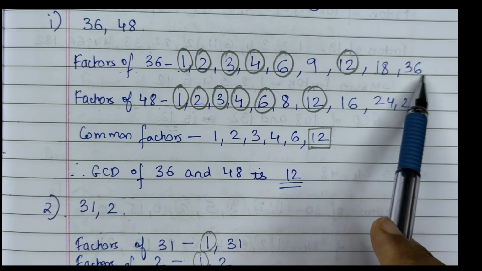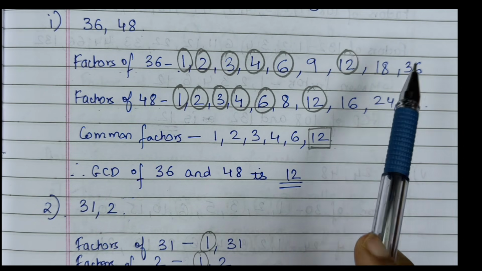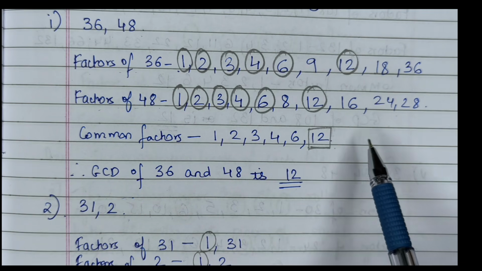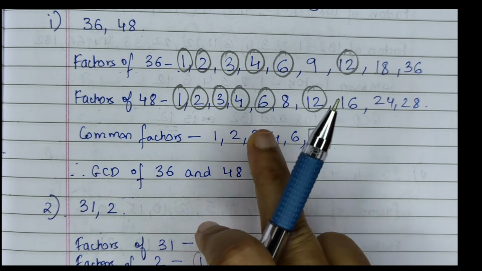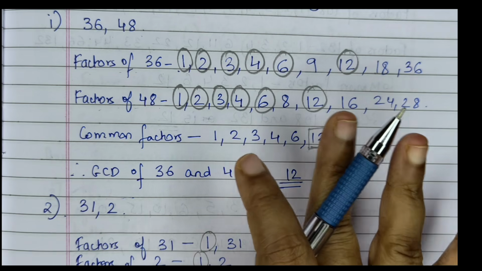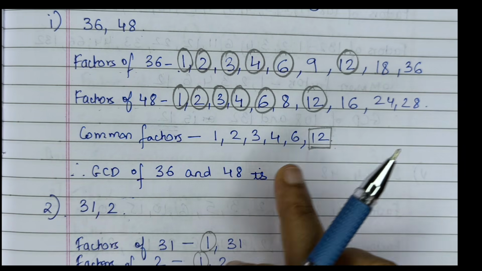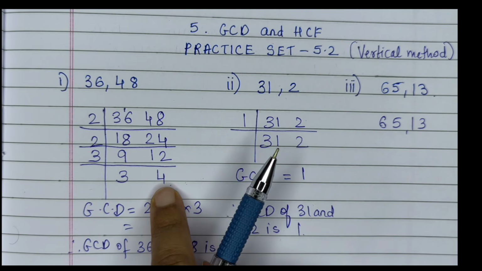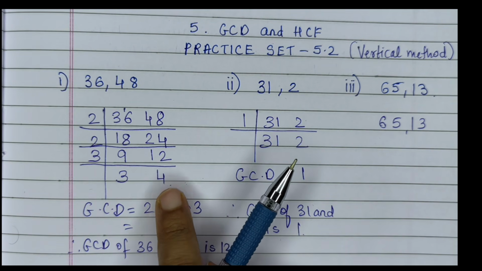So in listing the divisors, you have to first factorize it, then you have to list all the divisors. So it is a very long process, and sometimes what happens, if you miss any divisor, then you will get a wrong answer. Understood? So I think that if your teacher tells you you can do any method, I will say go for this method, the vertical layout method.